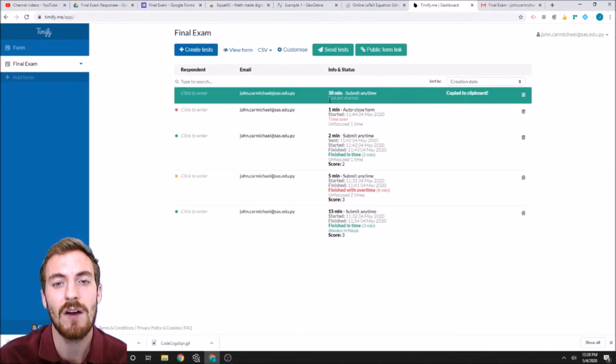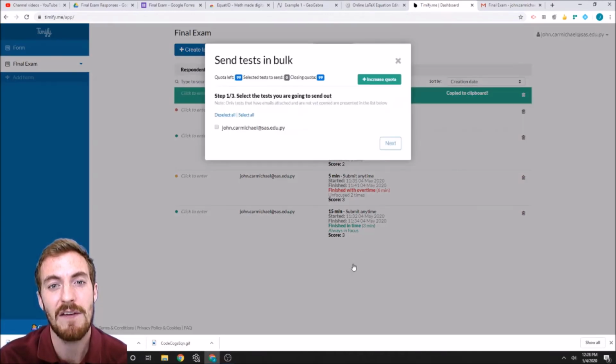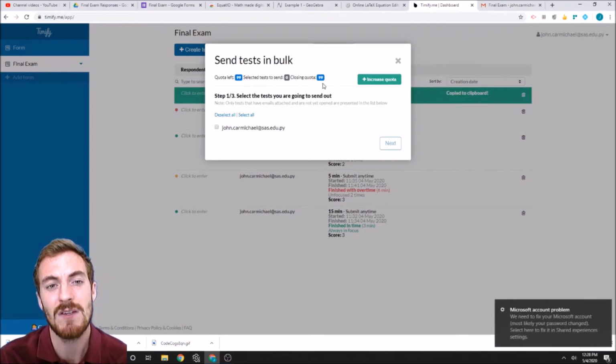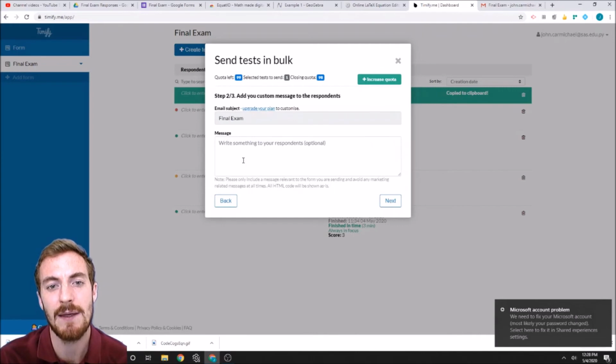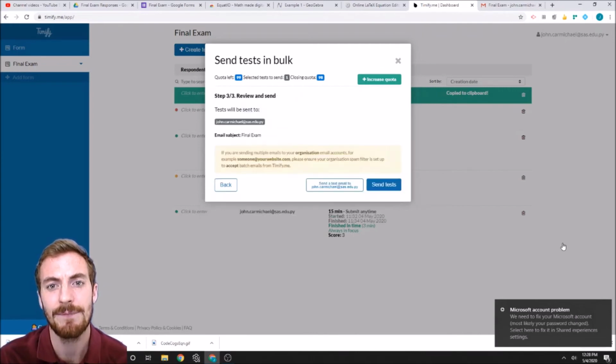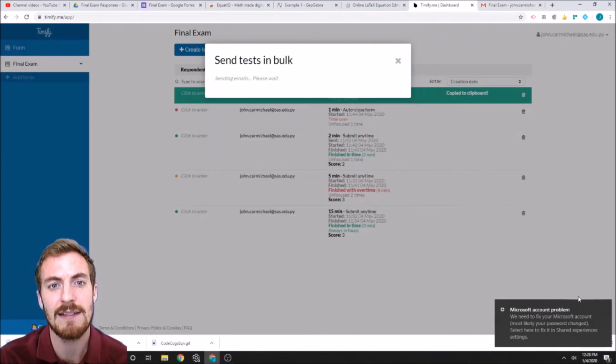But one thing that I can also do is I can send the tests. This you do have a limit for, so keep that in mind. If I wanted to send the tests, I have a quota of 99. So when I send these tests out, and I can send them in bulk, so for this test I would have all of the options here of the different people that I added. I can select all, in this case I have all my students there, and I can send this to them. And that's going to send them an email, I can send them a message with that. And if I press next and send those tests,